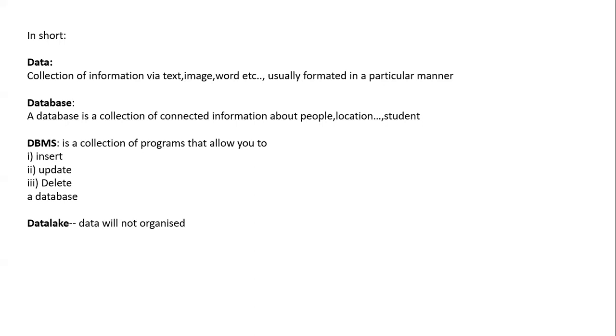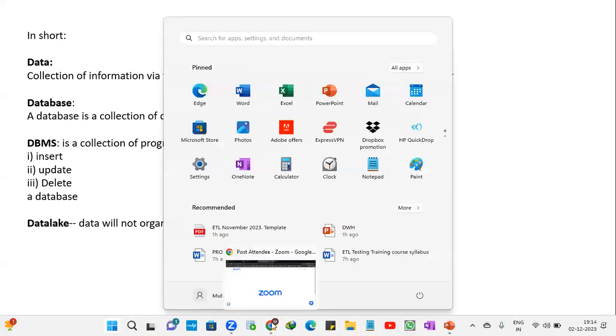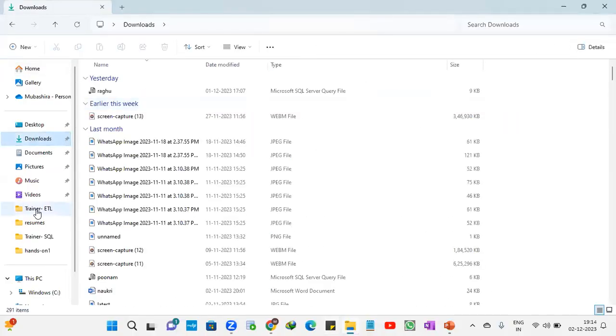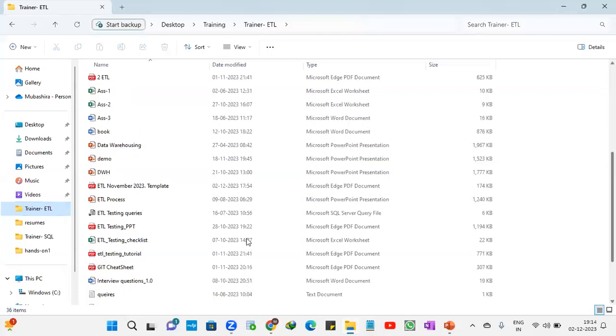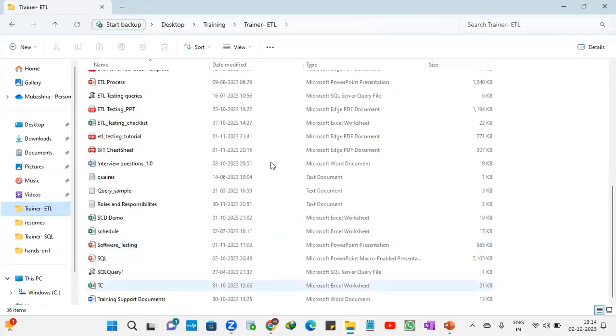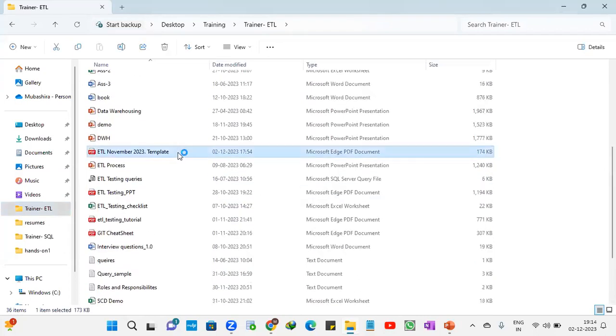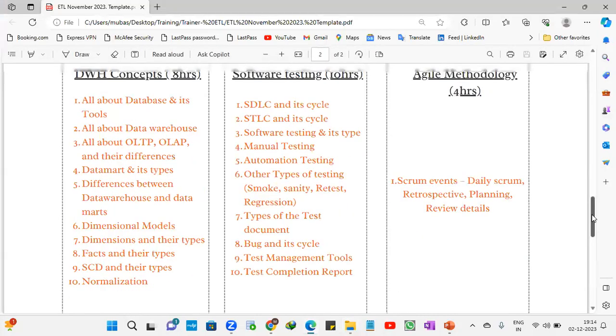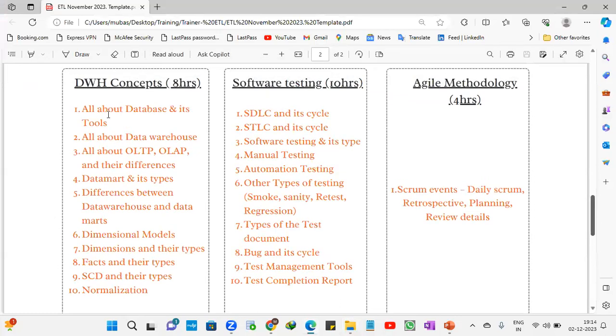Okay, so Mubashir, can you show the syllabus, please? A data warehouse concept.